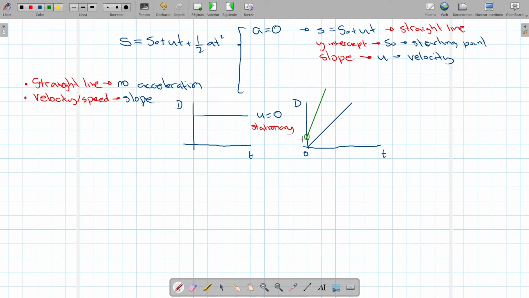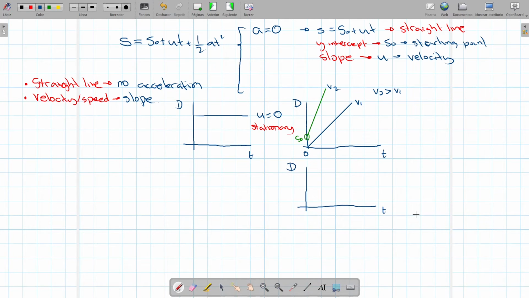For example, it's starting at plus 1 meter, plus 1 kilometer, or whatever. Okay, so that's our starting point. And the slope of this straight line, sorry, is the velocity. So if we have v1 and v2, v2 is greater than v1. Okay, be careful, because if we have, and this is the same case,